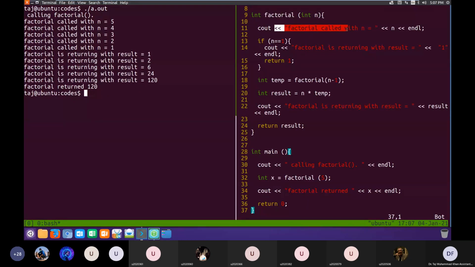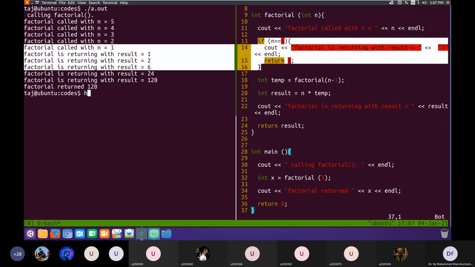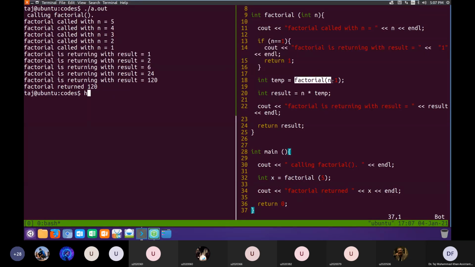And this line is printed again: factorial called with n is equal to 4. Similar body of factorial will be executed a second time. This if will be skipped, and it will come here again. It will try to evaluate this function call, and factorial will be called again, and this time n is 4, so n minus 1 will pass 3. Code will jump here again with n equal to 3, and here we see factorial called when n is equal to 3. Again similarly, body will be executed, factorial will be called again, n minus 1 is equal to 2, and